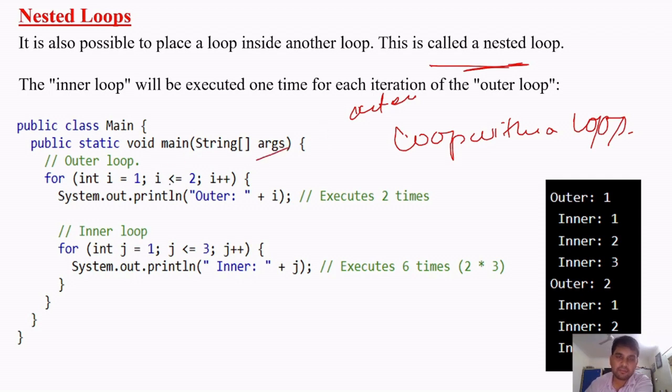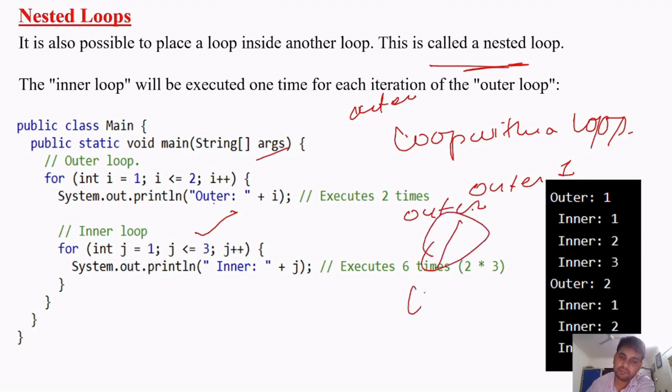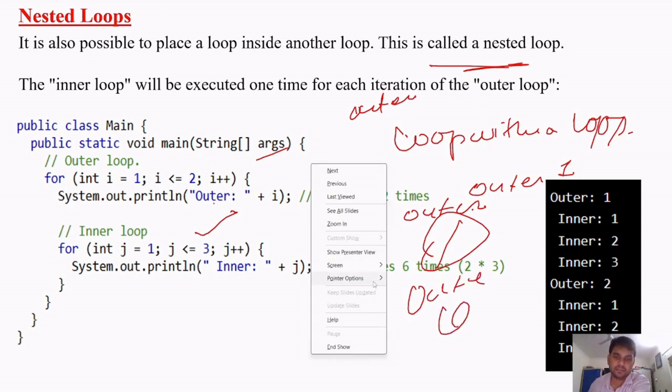सो यहाँ पे देख सकते हैं, for (i = 1; i <= 2; i++), और for (j = 1; j <= 3; j++)। सो System.out.println outer + i, मतलब outer अगर 1 प्रिंट होगा तो inner 3 बार प्रिंट होगा। उसके बाद फिर से जब outer प्रिंट होगा, outer 2 प्रिंट होगा, फिर से inner loop फिर से 3 बार प्रिंट होगा। ठीक है, outer एक ही बार एग्जीक्यूट होगा, फिर inner will be executed entirely, उसके बाद फिर से outer एग्जीक्यूट होगा, फिर से inner एग्जीक्यूट होगा। ओके, ठीक से इसको समझिए थोड़ा, मैं फिर से बता रहा हूँ।